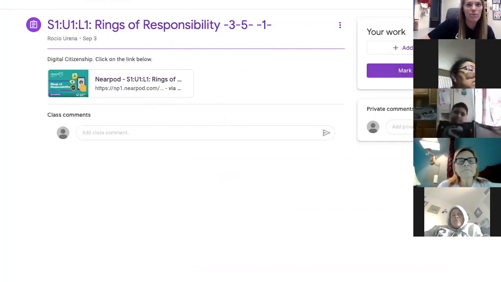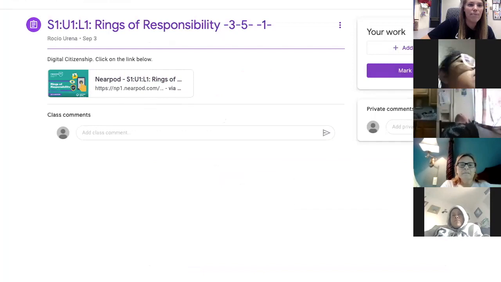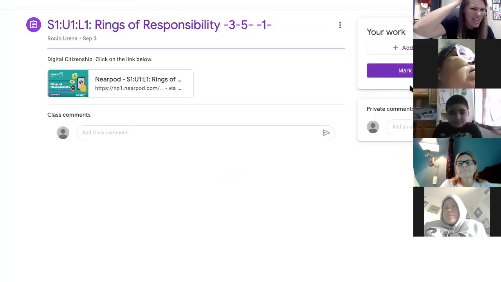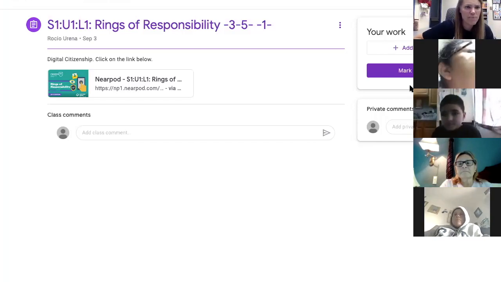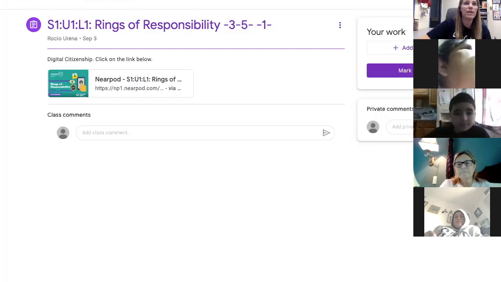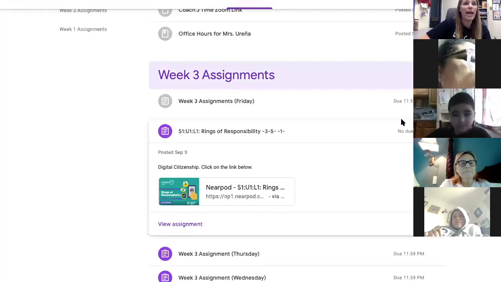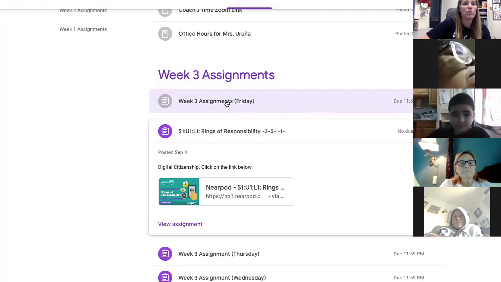Okay, so again, it's almost the same thing, but they're not actually giving Mrs. Orenia anything to check because the check is just saying that I finished what I was supposed to do. Okay, so there's a couple different kinds of assignments. If you see up here, it's green, it means assigned. That means he hasn't turned it in yet. But once you do turn it in, it changes to gray and it will say turned in.